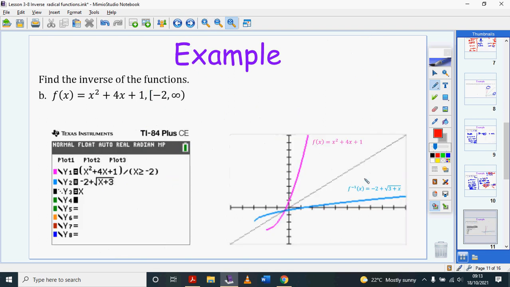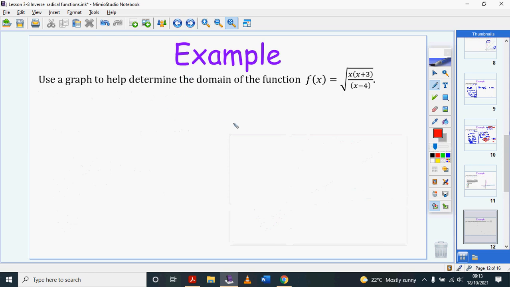Okay, yeah, so that's what the graph looks like, and that's the inverse of the graph. You can actually plot this on the graph using your calculator. You can ask me and I'll tell you, or you can look it up on Google. Use the graph to help determine the domain of this function. So you just go ahead and graph it on your Desmos and then see what the domain is. You can also use some